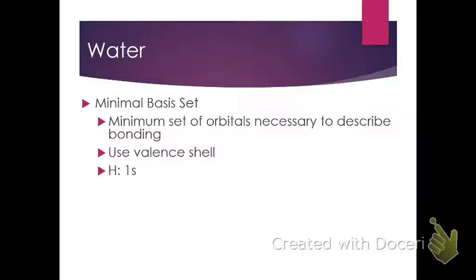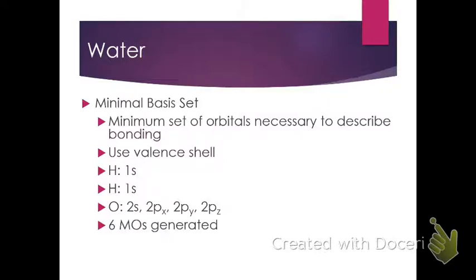And in this case, that means that for water we have a hydrogen atom which has a 1s orbital. That's its valence shell. The other hydrogen atom also has a 1s orbital. And of course, oxygen, its valence shell, has 2s and the 3 2p orbitals, the 2px, the 2py, and the 2pz. That means that we've got 6 atomic orbitals, and the general rule of thumb, of course, is that the